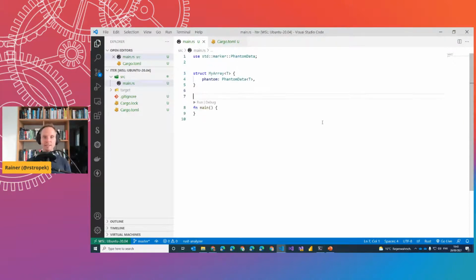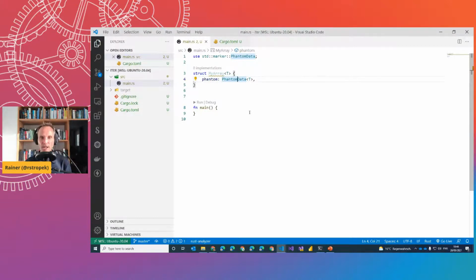Let's define our own data structure. Let's call it MyArray. Obviously, it's not an array. It's a useless structure because it contains only a single element of type PhantomData. If you are not familiar with it, PhantomData is what it says it is. It is just a phantom data item. It has size 0. It goes away when you compile this code to release. It doesn't exist. It is just a placeholder for any underlying data